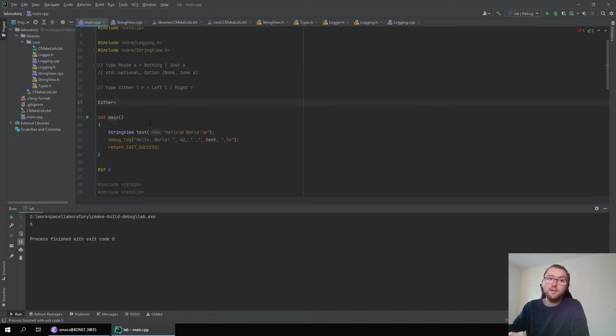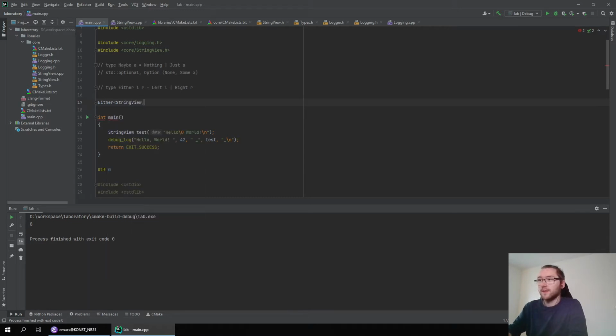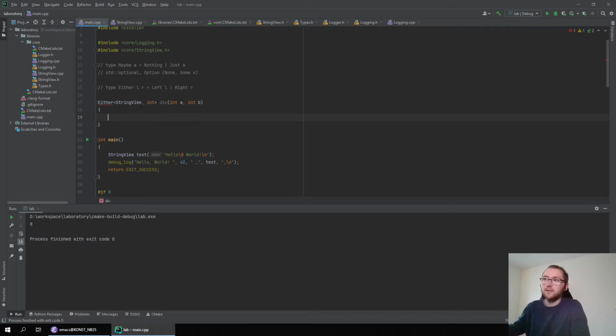So division by 0 is not defined. For example, maybe you would like to divide two integers. So the method is called divide, and you take two integers a and b. Of course I don't have the Either type, but you could encapsulate the failure in this signature. So you see, okay, this method does something.